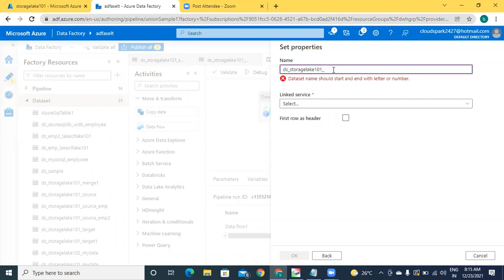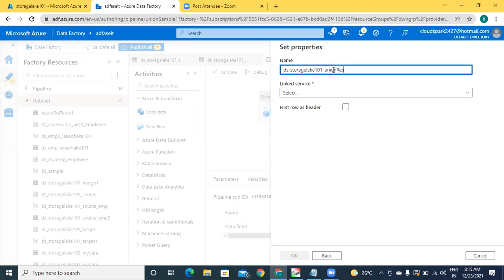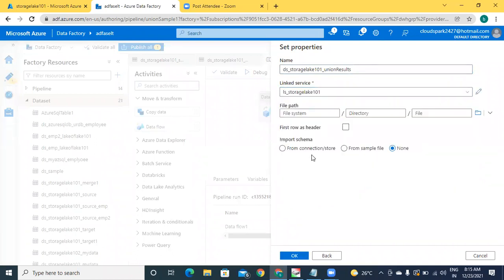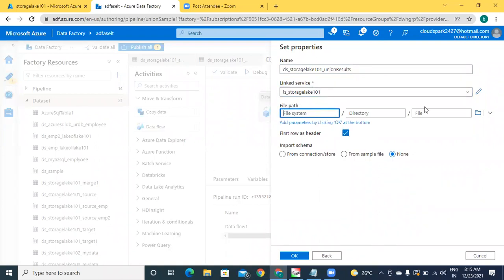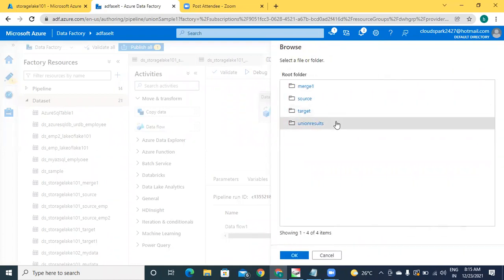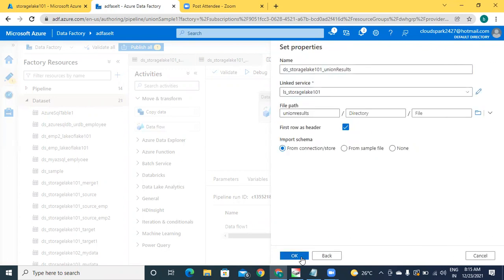Storage lake 101, let's say union results. This is our data set. Linked service I'm selecting. That is LS storage lake 101. I need first row as header. That's why selecting this option. The file path. That is union results. Okay.